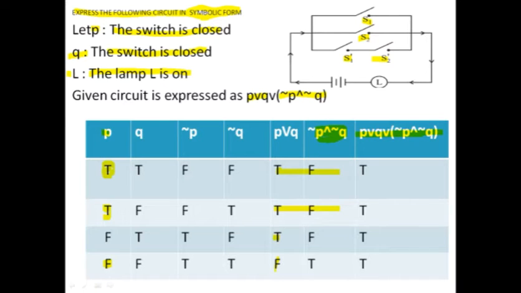If we take the negation in common, it is the opposite of this table. So true becomes false, true becomes false, true becomes false, and false becomes true. At the final we have to make this statement. So in between this, both or is used. So true or false is true, true or false is true, true or false is true, true or false is true. So the result is that the switching circuit is true, the current passes through them.